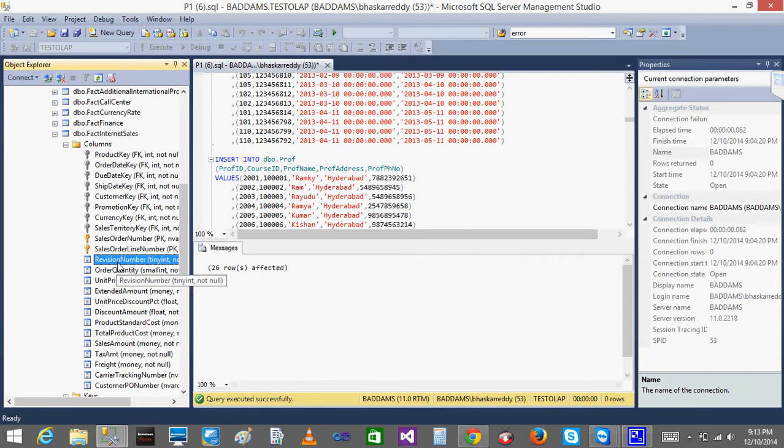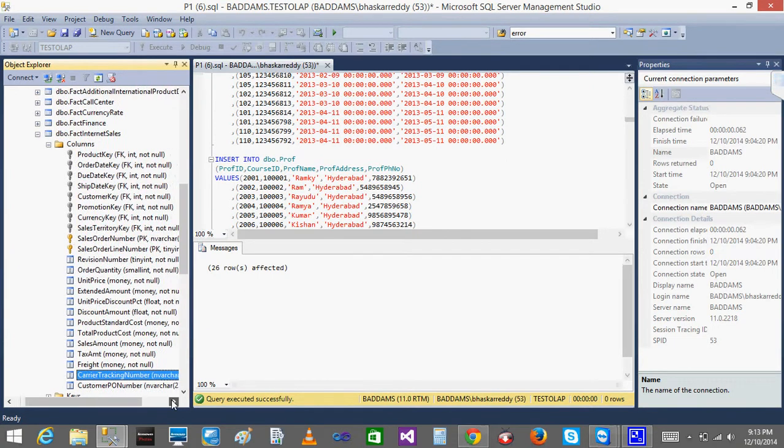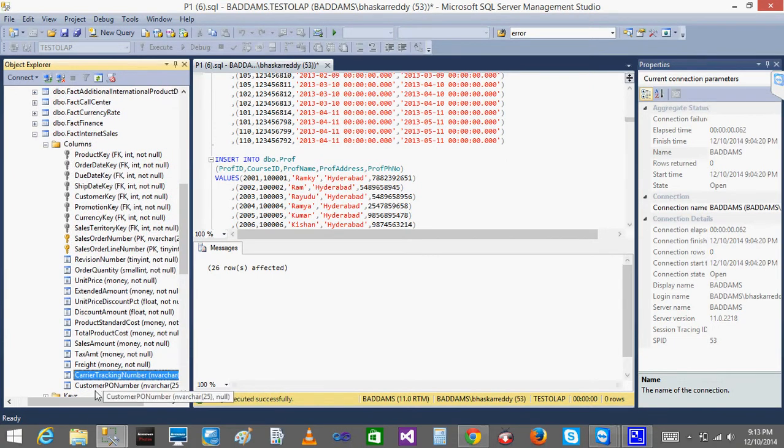See, none of the fact table has any WhereCat data types. It doesn't have any descriptions or anything. It only has integers or currency types. Okay, so here it is having a WhereCat type. I think yeah, it is a tracking number. It's not any description, right?